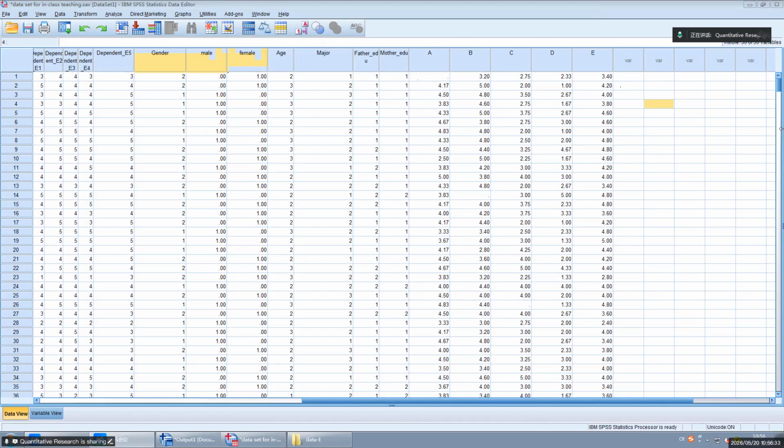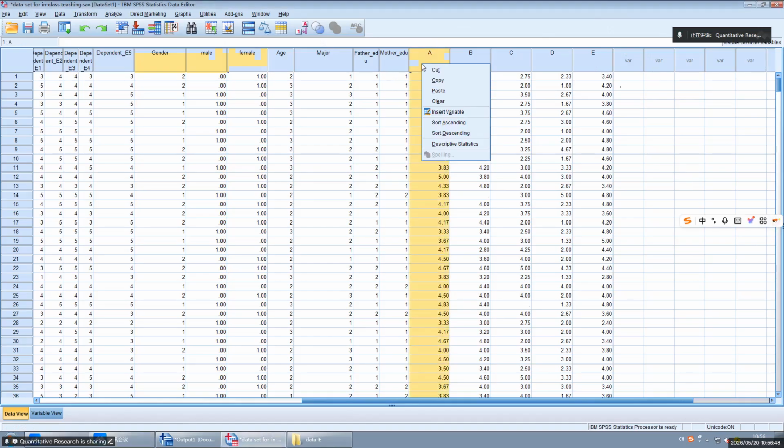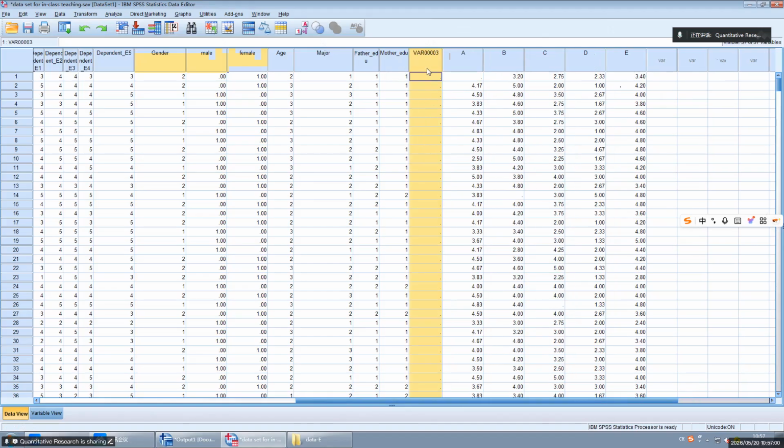For example, I want to move E in front of A. Simply, I create a new variable after mother education or in front of A. This is blank, right?